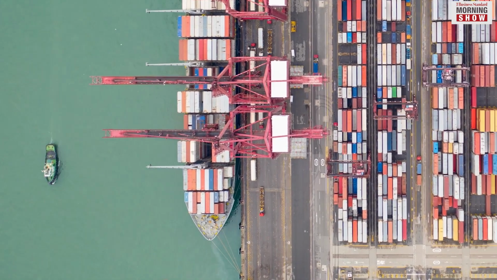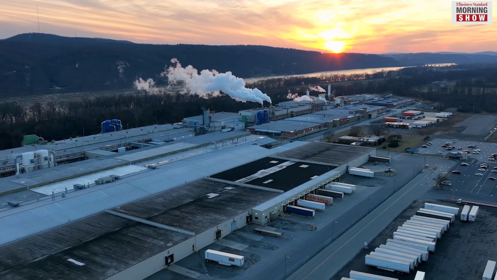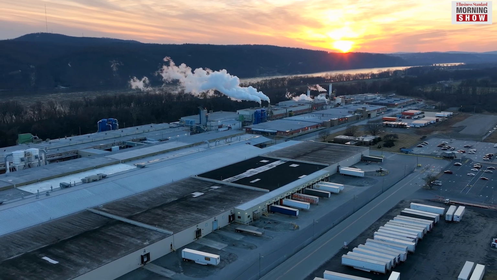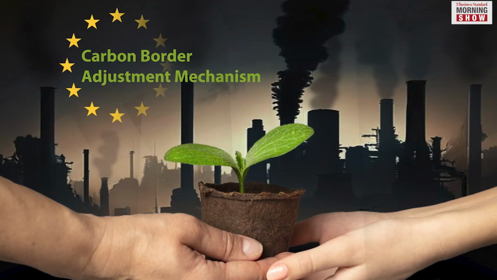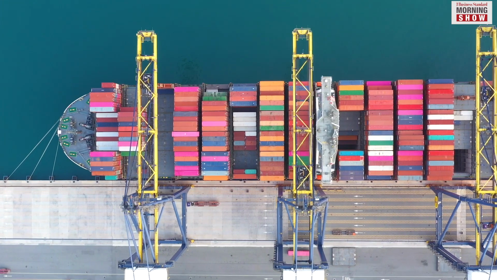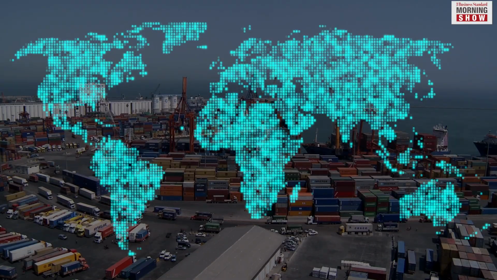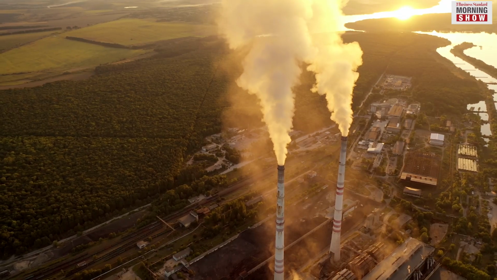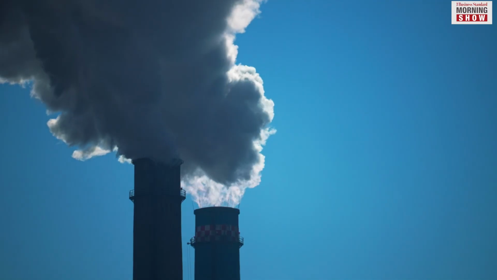Carbon border adjustment ensures that the carbon price of imports into the EU is equivalent to the carbon price of domestically produced goods, thereby safeguarding the EU's climate objectives. In other words, CBAM ensures that imported goods face similar carbon-related costs as domestically produced goods. It also incentivizes the exporting countries to implement robust climate policies by linking market access to carbon performance, thereby promoting